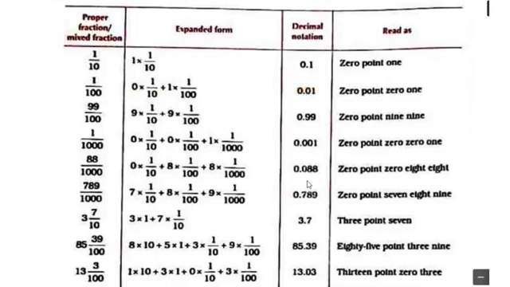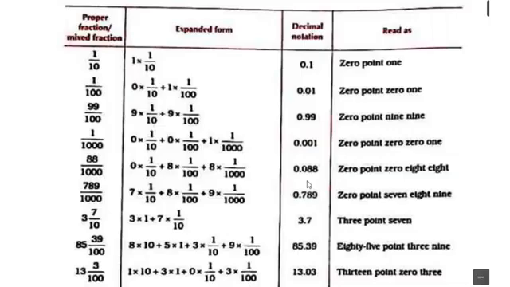So, this we read as 0.01. Right? Similarly, 99 upon 100 is 0.99. Children, note down here, we will not read this as zero point ninety-nine. That is wrong. We'll read this as zero point nine nine. Clear? Now, next is 1 upon 1000. So, we will read this as 0.001. That is, after the decimal point, we have 3 digits.